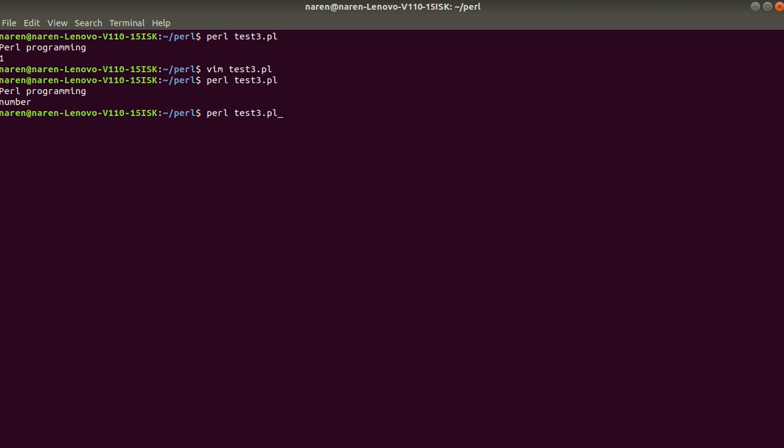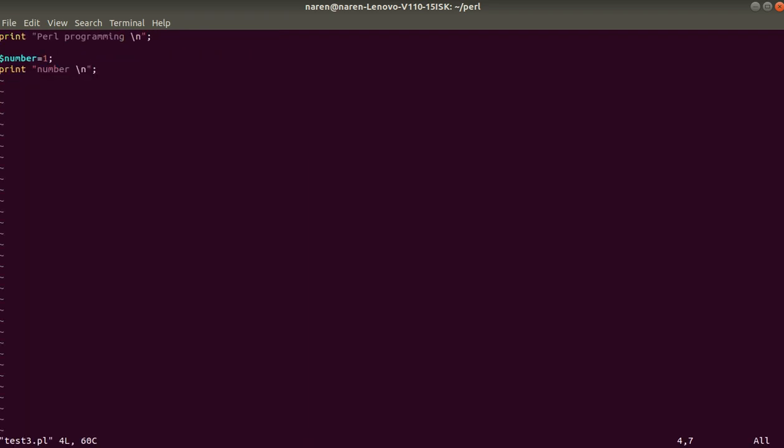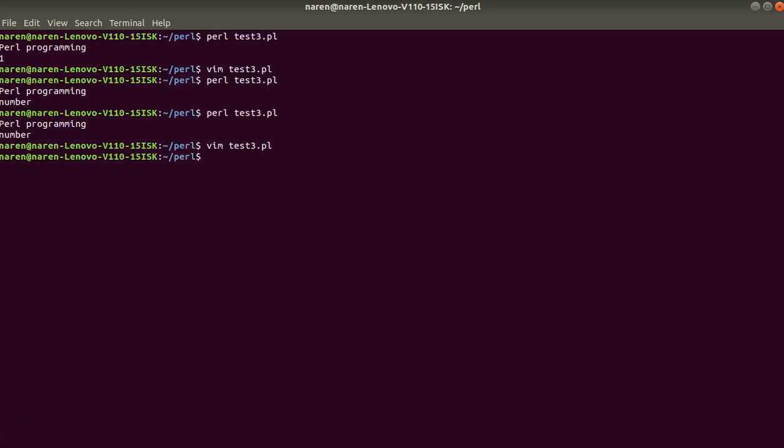If you give the dollar symbol, then it will treat that number as a variable, and then it will give the value of that particular variable. So if we give the dollar symbol only, it will treat it as a variable, otherwise it is treated as a string and it will print that string. So we need to remember this thing: before printing the value of the variable, we need to give the dollar symbol also, and only then we will get the value.